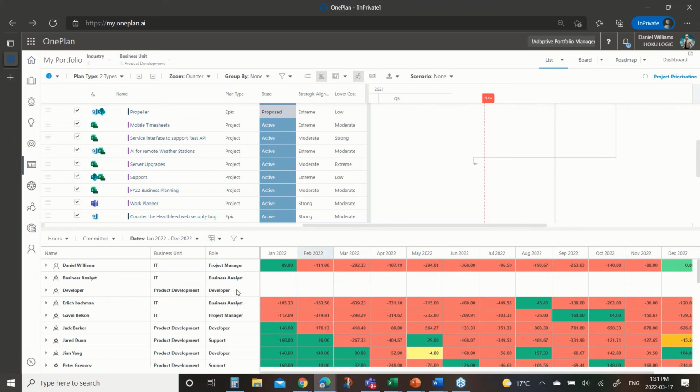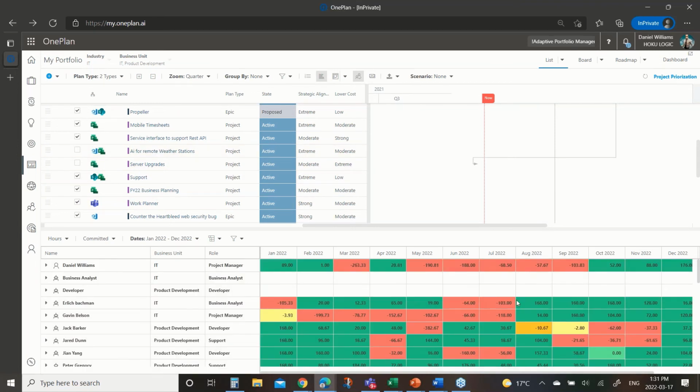As we start to move some projects in and out of this, you'll see the corresponding impact to the resource pool. That made a big difference. Now I've freed up some resources. I've got some additional capacity. Again, I can start to move stuff around within the portfolio to make sure that we have the right resources on the right projects and that we're taking maximum advantage of where we have pockets of availability.